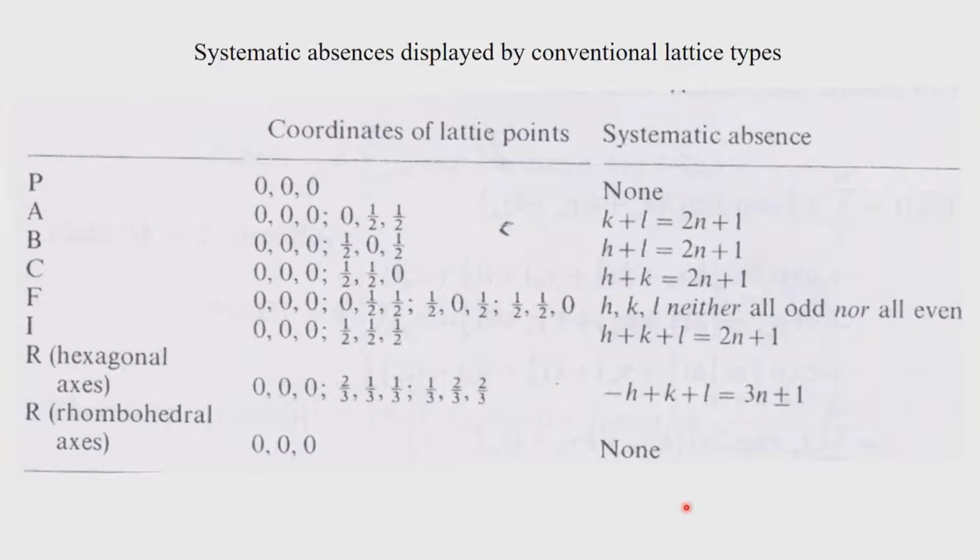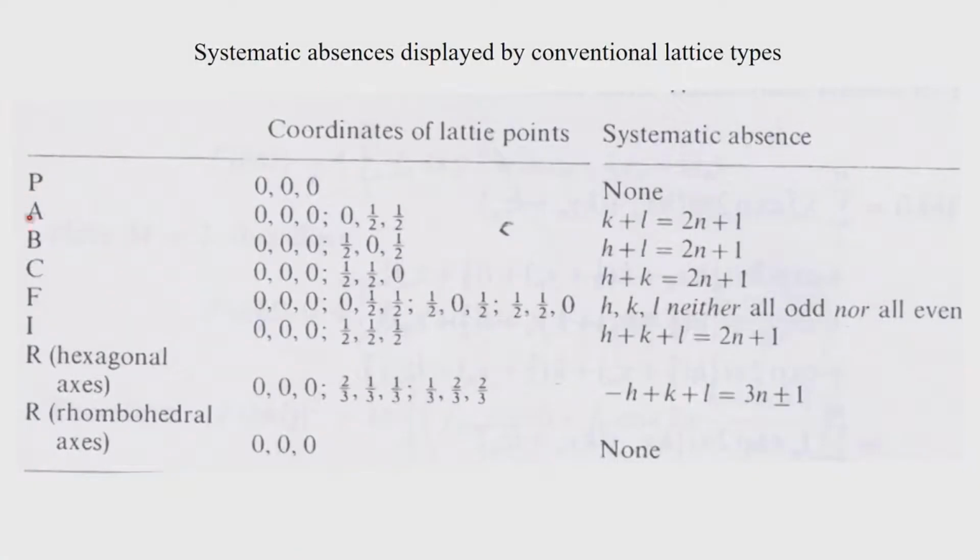Then we organize the intensities in a certain order, let us say even reflections, odd reflections and so on. Then if there is a systematic absence coming in the general HKL reflections, then we will be able to identify the presence of centering. It could be one of the phases centered or all phases centered, it could be body centered and so on. So, whenever such a thing happens, we should have systematic absences. So, this particular table which I have given here tells you what are the types of systematic absences that occur